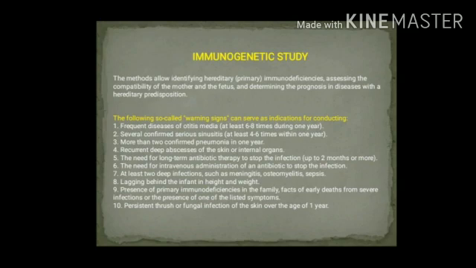Recurrent deep abscesses of the skin or internal organs. The need for long-term antibiotic therapy to stop the infection, up to 2 months or more. The need for intravenous administration of an antibiotic to stop the infection. At least 2 deep infections, such as meningitis, osteomyelitis, sepsis,